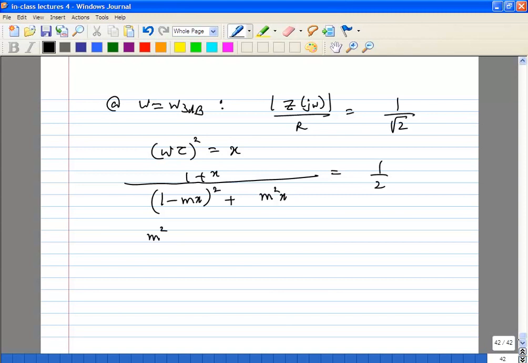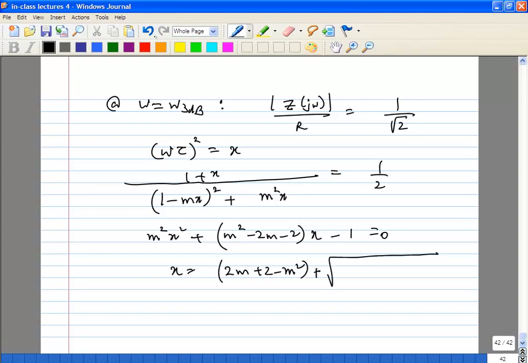What you'll get is m square x square minus 1 equals 0. So this is what you'll get. Okay, and then now again you can solve this. X equals 2m plus 2 minus m squared